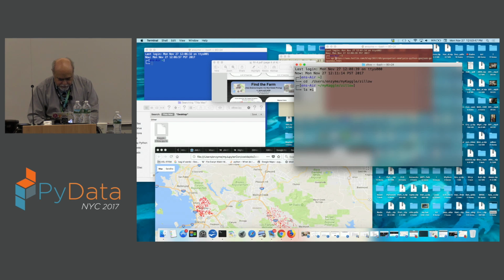And I'm using an IPython notebook, which I think there will be several other talks on Jupyter, or IPython as it used to be called. And that's all we do to launch it.